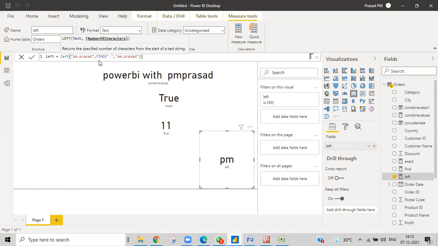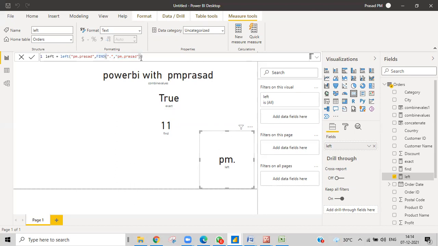Why we need to give 2? Because in Find we are searching directly for where the dot position is. So we'll get the dot position over here, which is the direct position, which is 3.